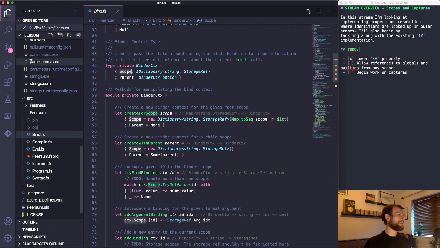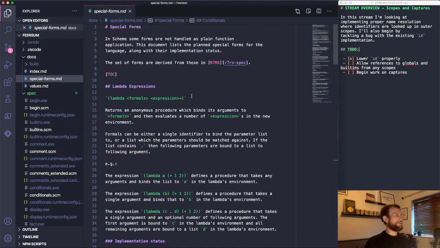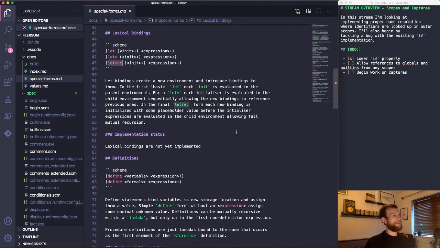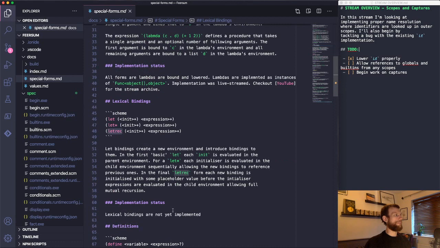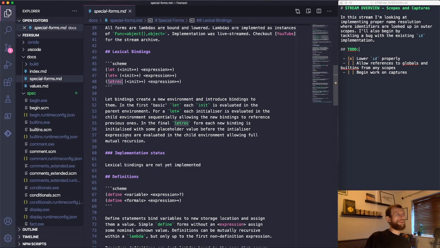In Scheme, if I look at the special forms, you've got let star, let rec, which create new environments inside the existing lambda. That allows you to introduce scopes for variables. You could implement let and let rec and all the rest as lambdas, treat the lambda environment as the only level of scoping, and do it all with macros. I think there are some Scheme implementations that do that, but